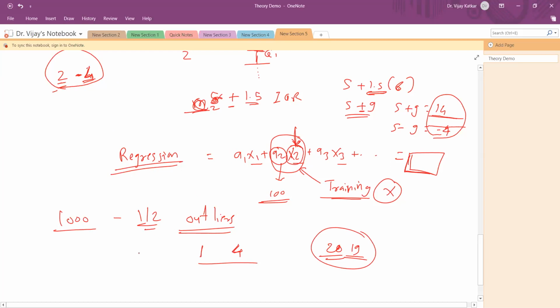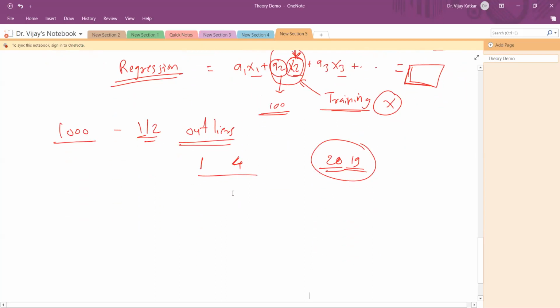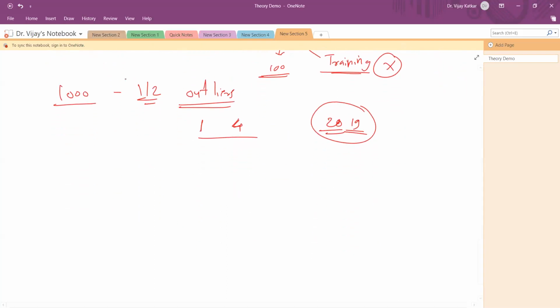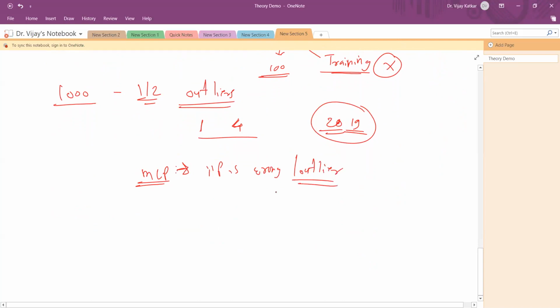But imagine when you are talking about a decision tree, you are talking about probabilities. Your probability calculation will be wrong. Similarly, in a multi-layer perceptron, it is nothing but weights. If your input is wrong or an outlier, what will happen?